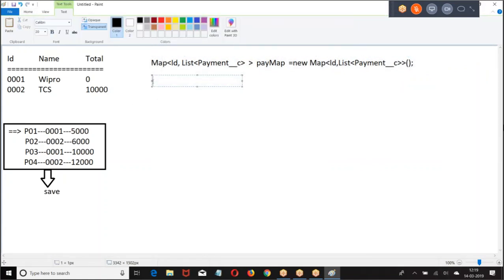Because of this map, the data has come in this way: 001, 01, this is how we got 002.